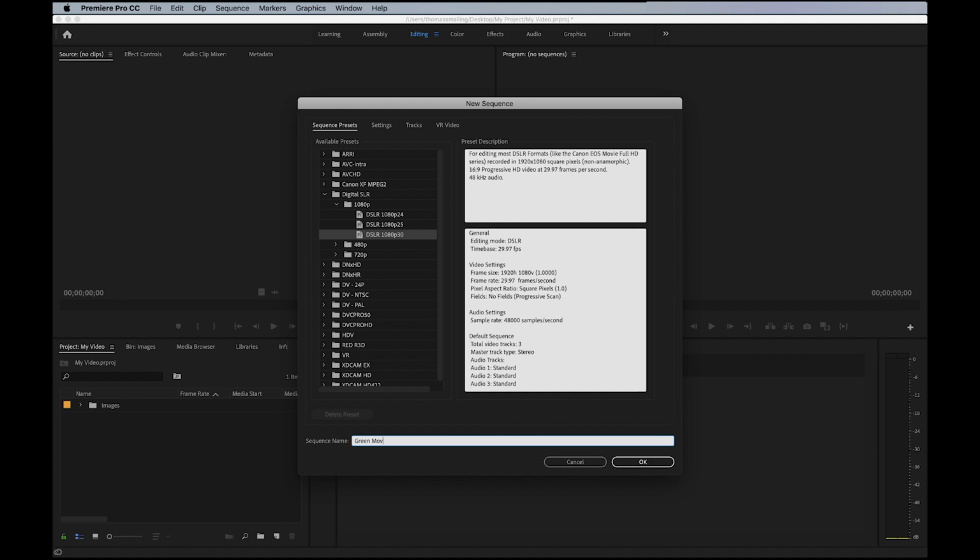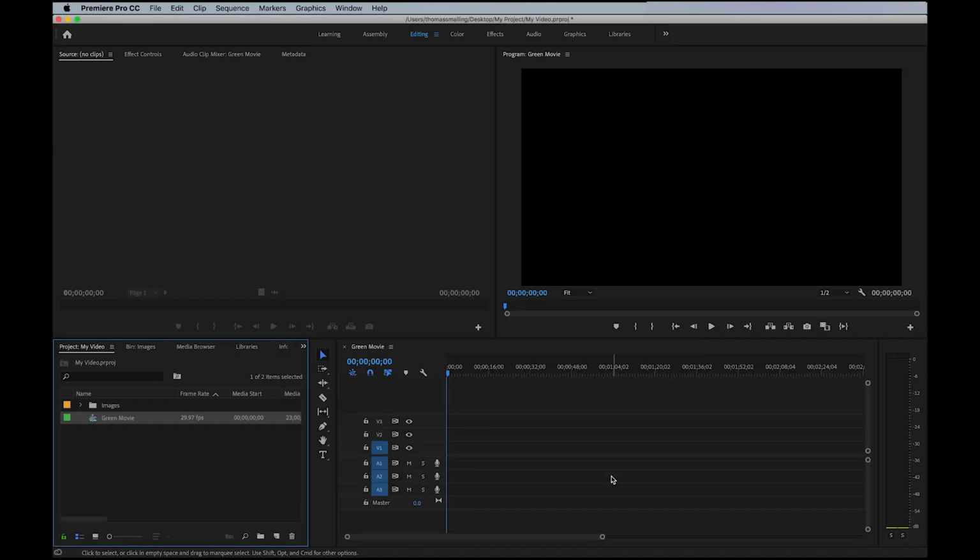Oops, green movie. There we go. And click OK. So you'll notice as soon as I do that, I now have a sequence here. It showed up inside my project. It's called Green Movie. At the same time, it also opened up here on my timeline. So now I have a sequence that is ready to go, where I can start bringing on different assets and